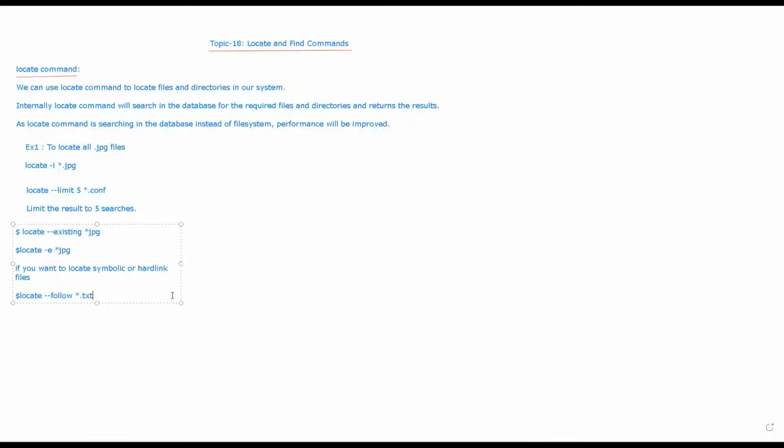Now whatever options we have learned, we can use all these options together. For example, locate: I want to check whether the file exists in the database or not. Then if it is a link file, I can say follow. Now I want to remove the case sensitivity, so I should use -i. And if I want to limit the result, I can say limit to, let's say, 10.